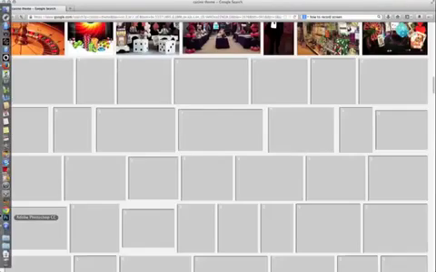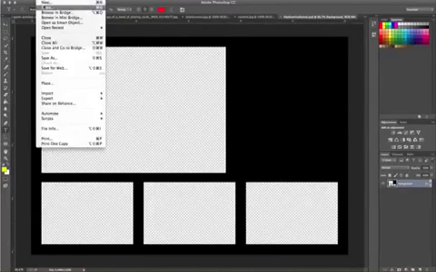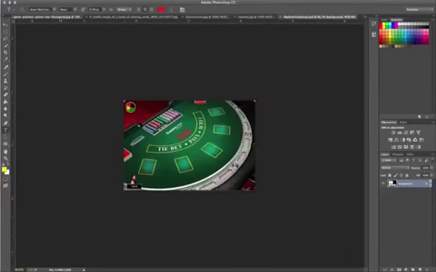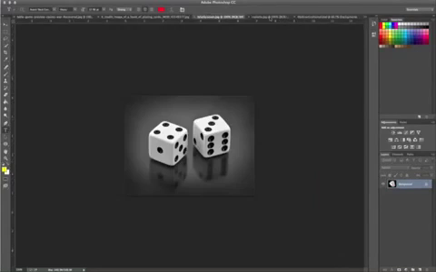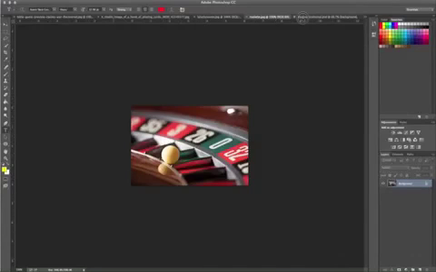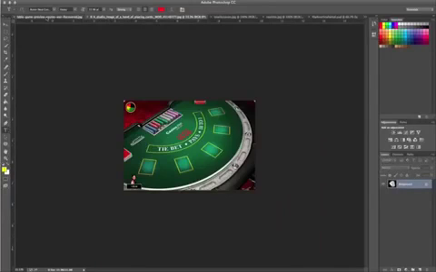Once you've selected your pictures, go back to Photoshop, File, Open, and open all of the files that you've saved. So these are the photos that I've chosen. Perfect. Now what I'm going to do first is create the background. And the background, I want this as my background. So I'm going to select all, Command A,